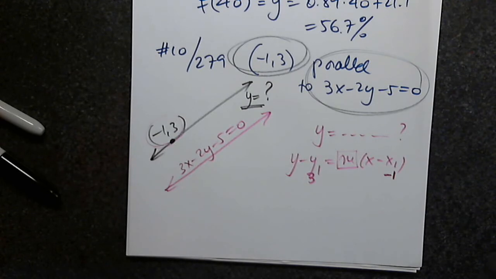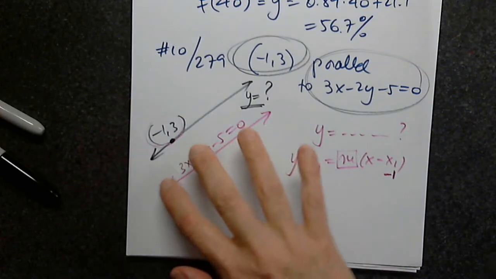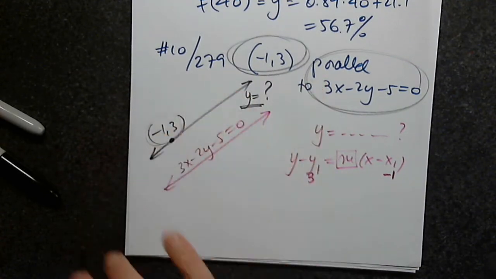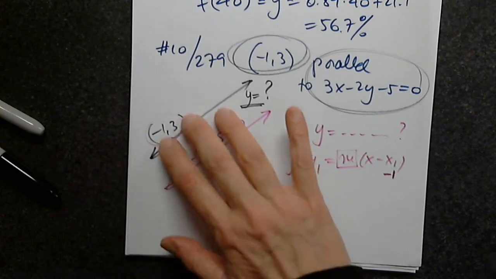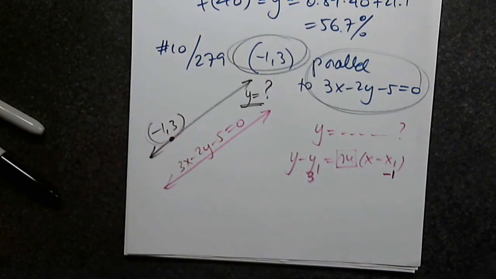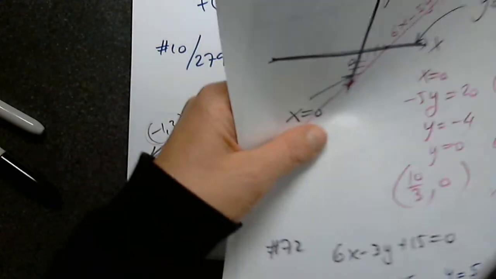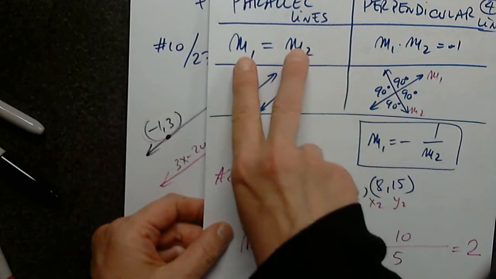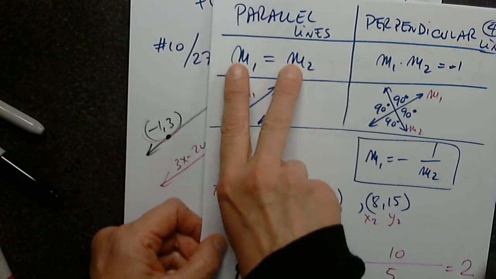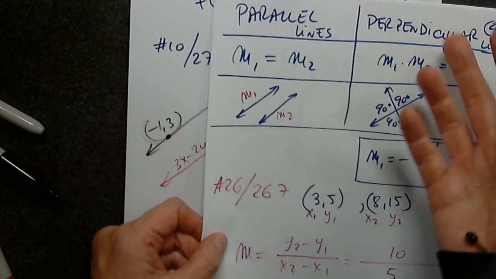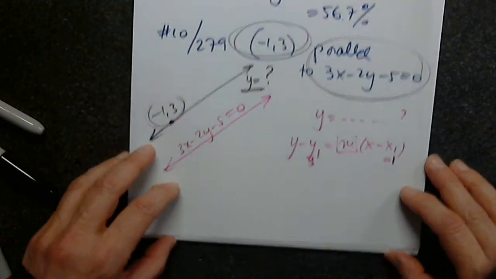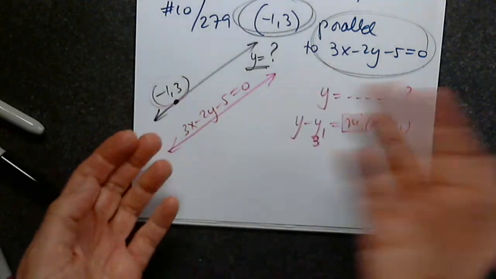So how do I possibly determine the slope of this line, knowing that it's parallel to the red line? We go back to when we refreshed our memory on that, and we said two lines are parallel if they have the same slope. Or if they are parallel, they have to have the same slope. So therefore, I'm looking at this line, and as Ben already said,